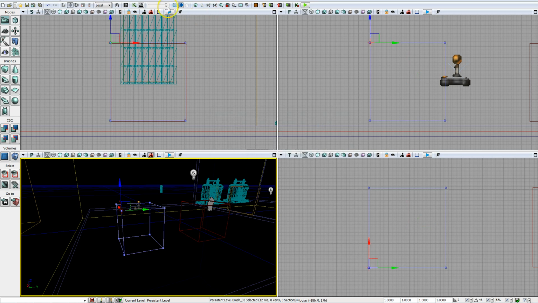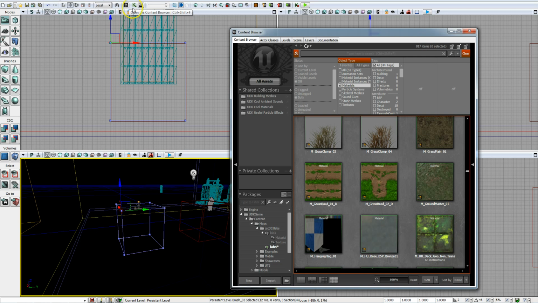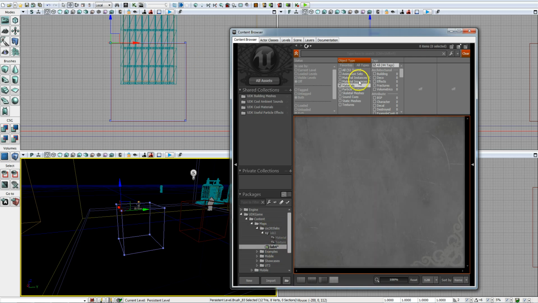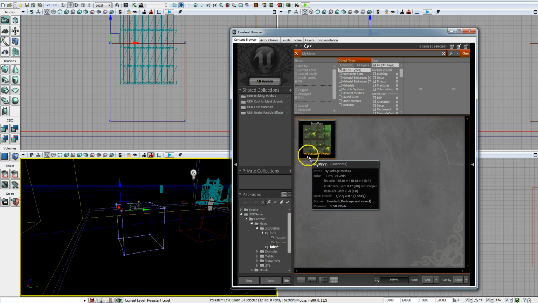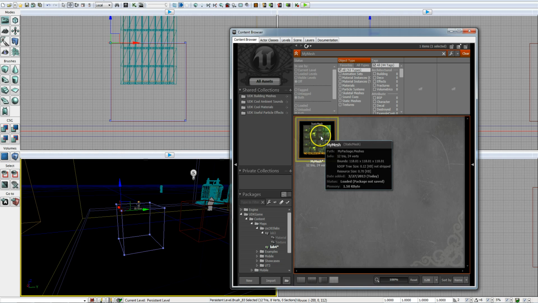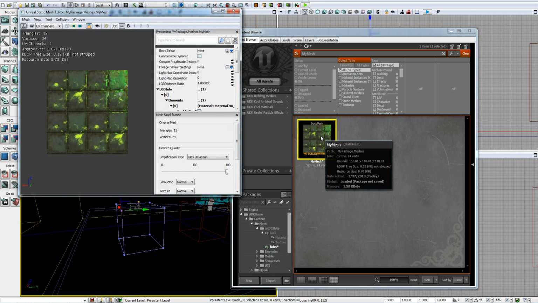And now if we go to our content browser, let's go ahead and deselect materials, all, let's say MyMesh, all assets. So here's our mesh that we just created out of that brush, and you'll notice it says no collision model. So let's go ahead and double click it, and let's go ahead and add collision here with our